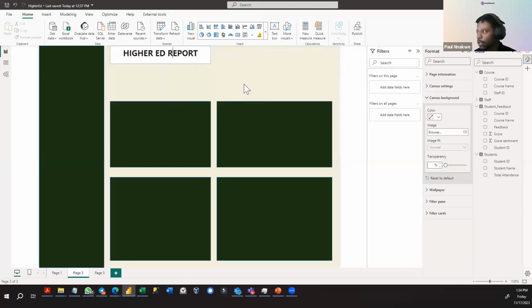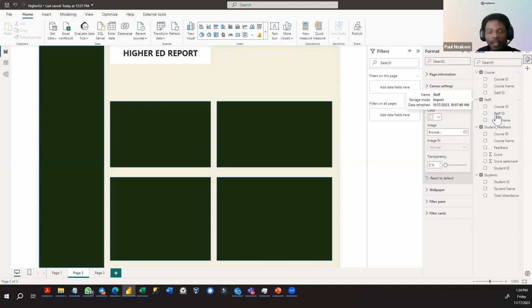So let me start the analysis. This is where the data is, the data from the different sources that I have modeled and connected together. So what are the metrics? What are the questions I want to answer? Previously I wrote down questions that I planned to answer. Like first, I want to be able to see